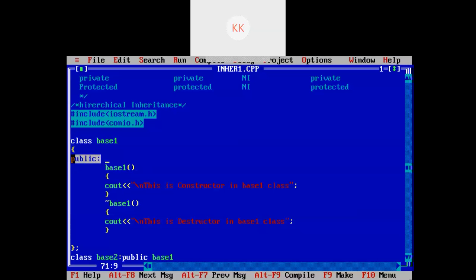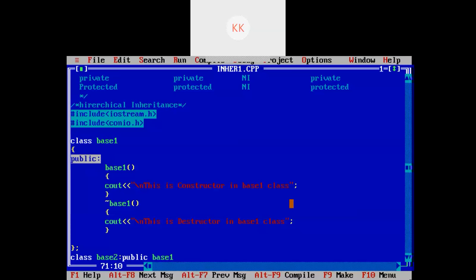So you need to use the access specifier as protected in order to inherit the data members and functions into the derived class. Right. So we have three access specifiers. Once again, I am repeating which ones: private, protected, and public.